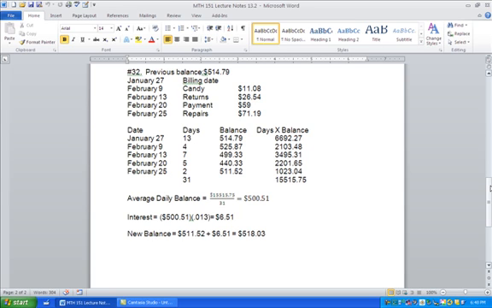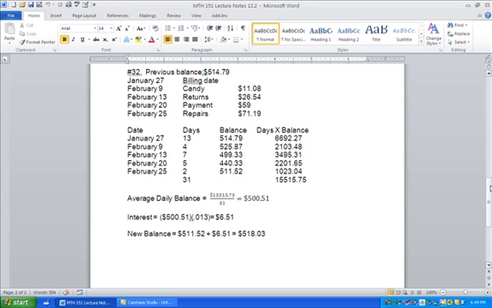So the first thing you want to do for the average daily balance method is make a table like I have done here. You need to indicate the date, the number of days, the balance, and then the days times the balance. So the balance starts out at $514.79, and we want to count the number of days from January 27th until February 9th. There are 4 more days in January to get to the 31st, plus 9 days in February, so that's a total of 13 days. That balance remains at that figure for those 13 days. We multiply, we get